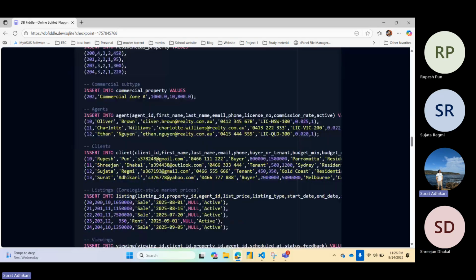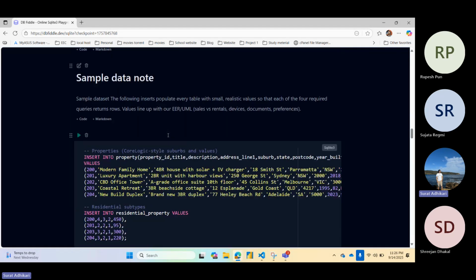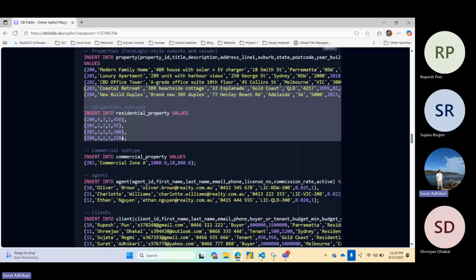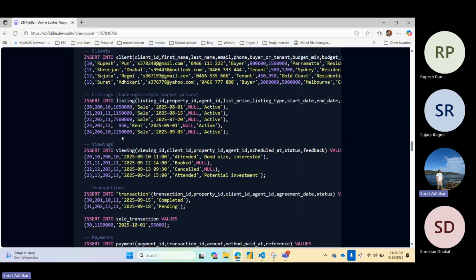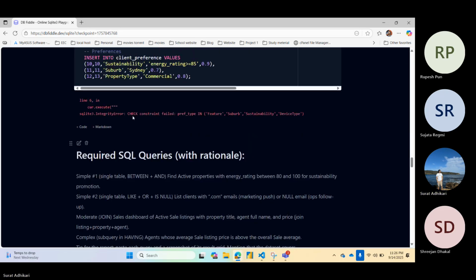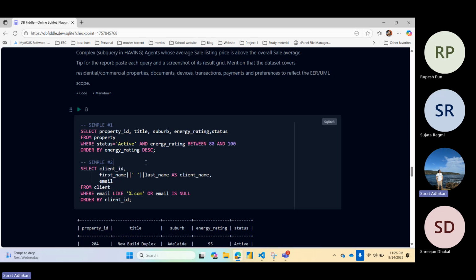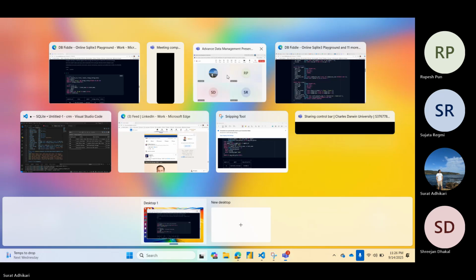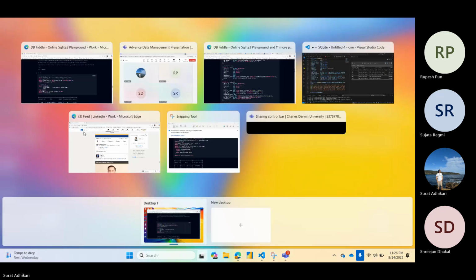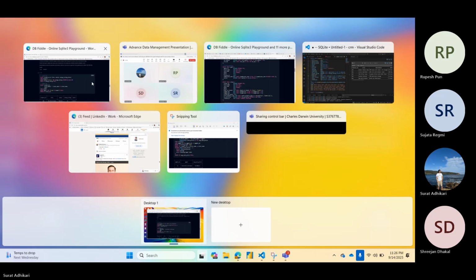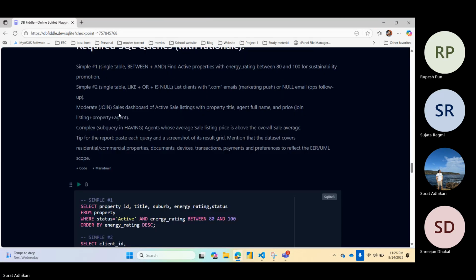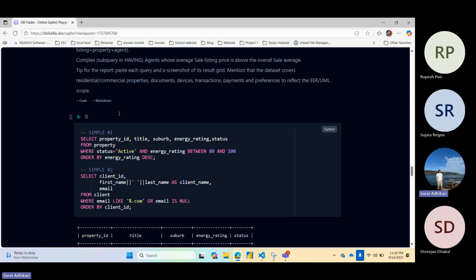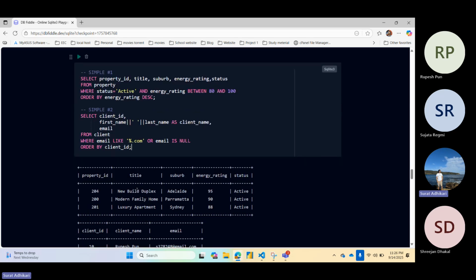These are the tables we have implemented, and we have inserted a certain amount of data into tables like listing, viewing, and transactions, and we have performed some queries. These are some simple queries that we have performed to show the active properties that are on sale,